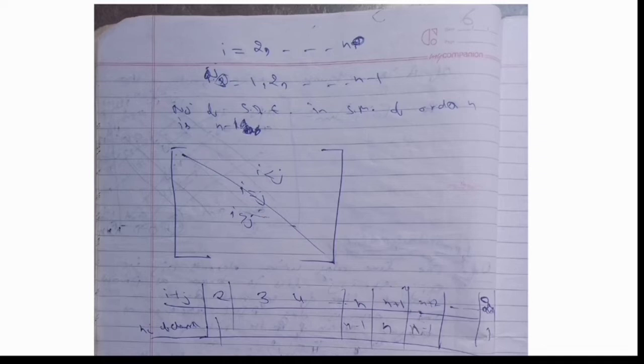And for 2n is 1. You can check this in the previous matrix. I have told you to draw that matrix. Now, the non-principal diagonal line of a matrix A contains elements of the form Aij such that i plus j is equal to n plus 1. In that matrix, I have indicated that non-principal diagonal line by a yellow line. You can see that matrix.